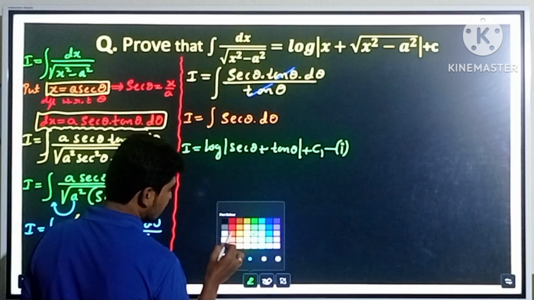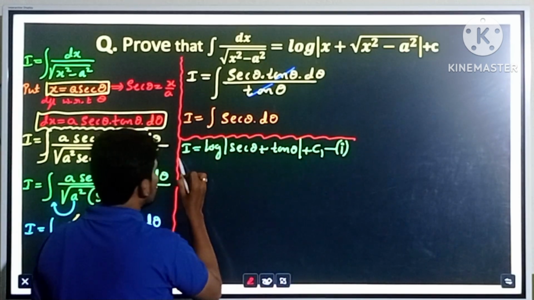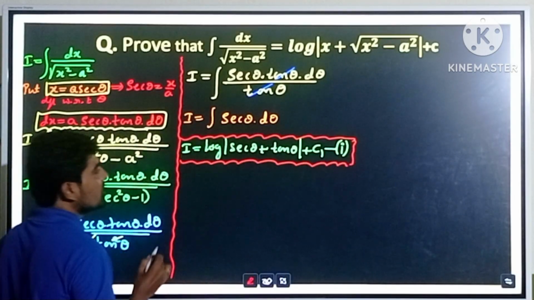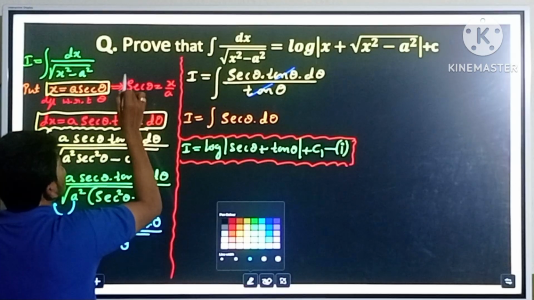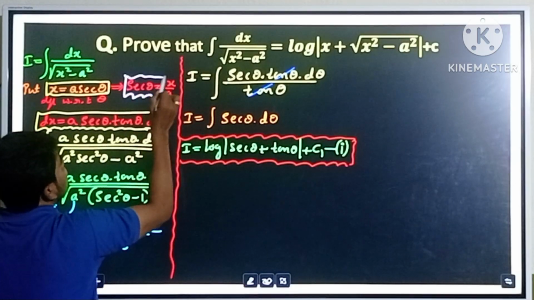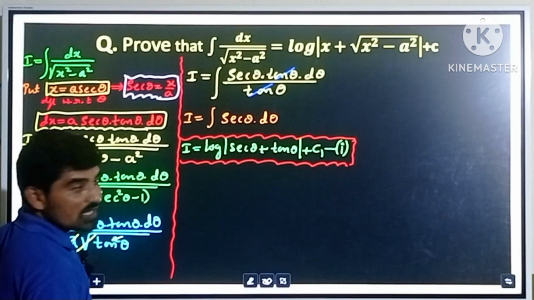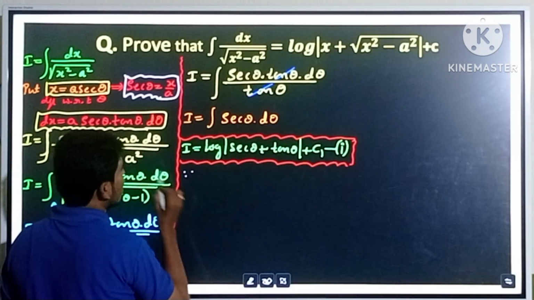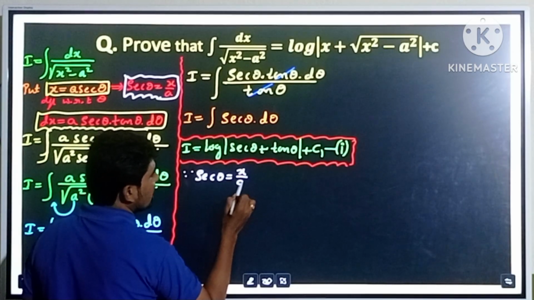Now in this equation, first I am going to substitute the value of secant theta and tan theta. We already know the value of secant theta. What is the value of secant theta? See here, secant theta is x divided by a. So by using this we need to identify the value of tan theta. Since secant theta is x by a,